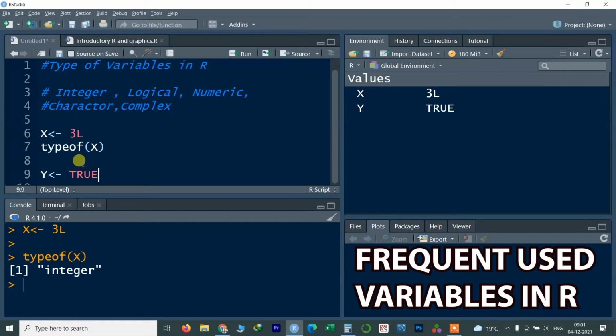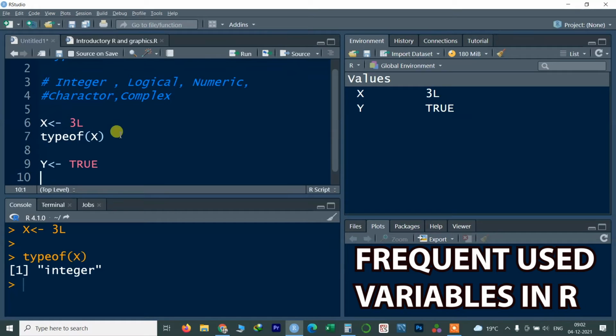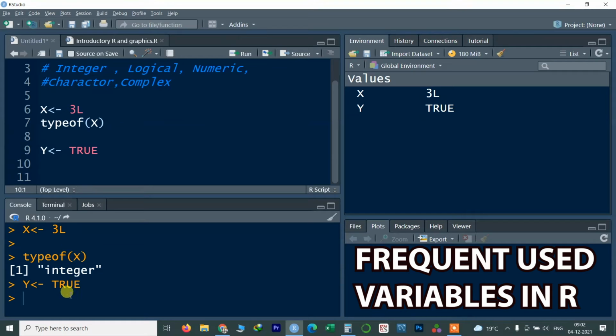If you type it in capitals, its color will change, and if you type normal letters, it will not be a boolean expression. So type TRUE in capitals and press Shift Enter, or press the run button.